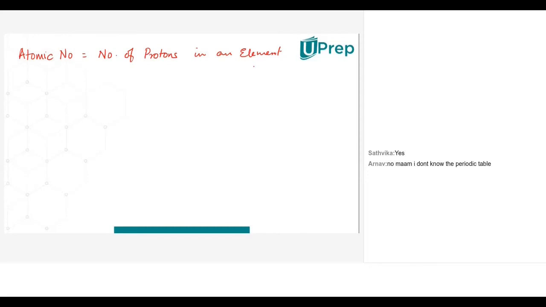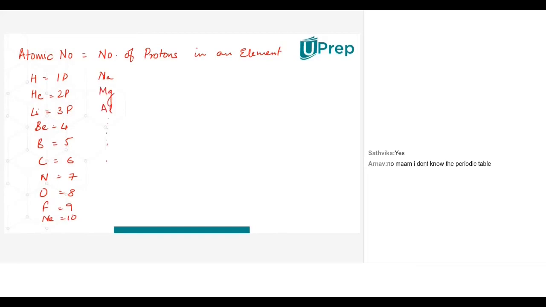For example, hydrogen has 1 proton, helium has 2 protons, lithium has 3 protons, beryllium 4, boron 5, carbon 6, nitrogen 7, oxygen 8, fluorine 9, neon 10. Okay, so similarly, you have some more, and the list goes on till 20. All right. So all of these are atomic numbers. Okay, so these are the first 10 elements of the periodic table, and atomic number is equal to the number